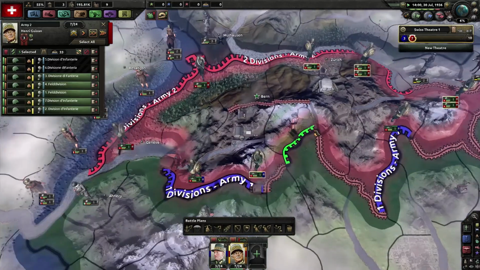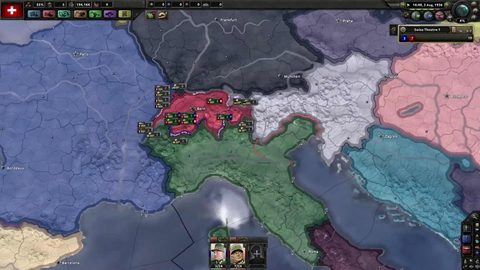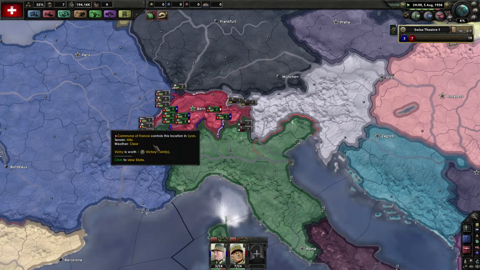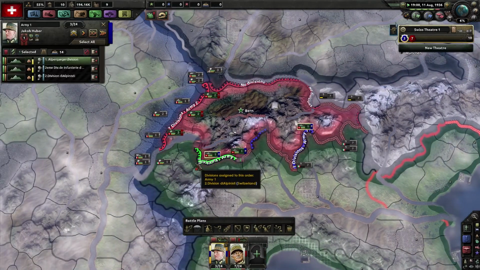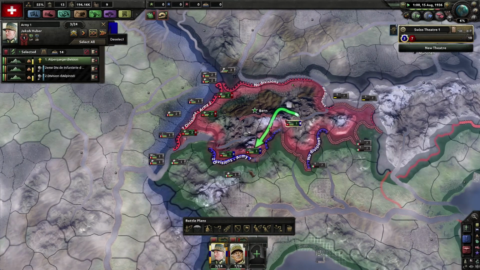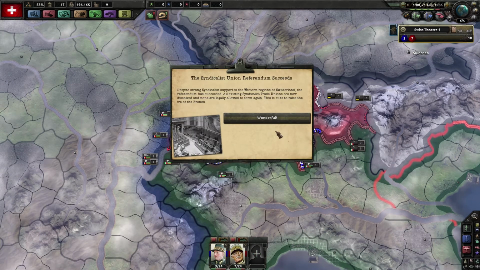Actually, you five guys, for the moment, you can be part of this front over here as well. Because I'm pretty sure I'm not going to war with Germany anytime soon. But maybe the French guys don't like me too much because of what I just did there. Same goes for you. You can actually come over here. Join this front. Well, actually, you don't need to. No, you can stay there for the moment. It's not Italy. Okay, the syndicalist union referendum